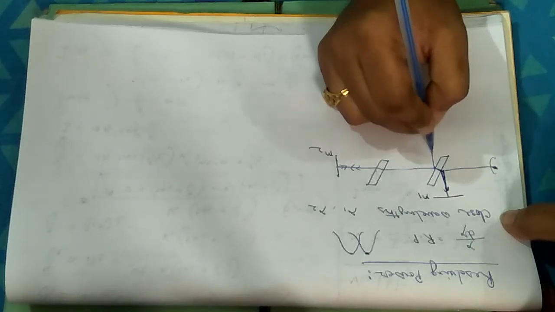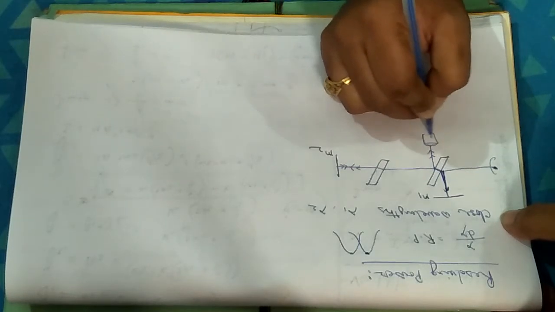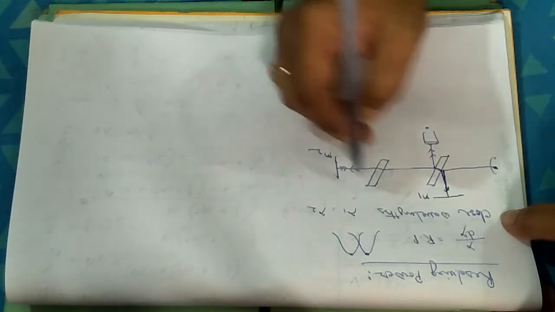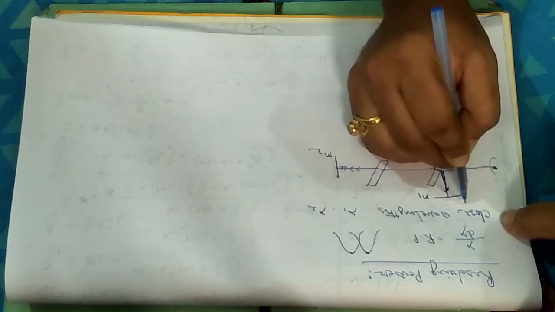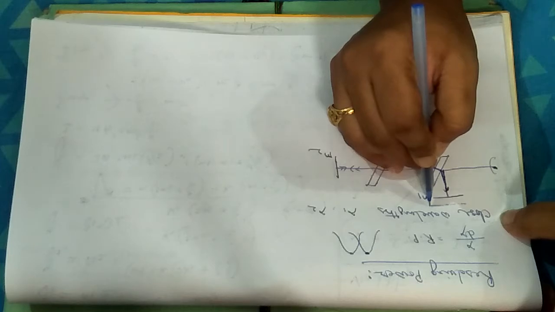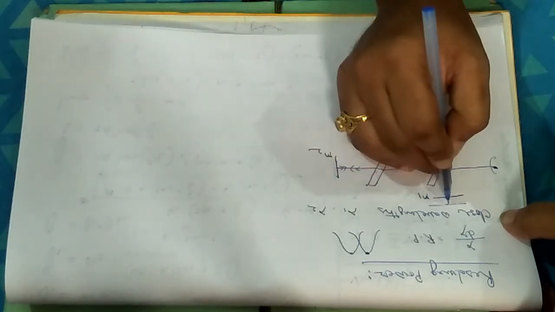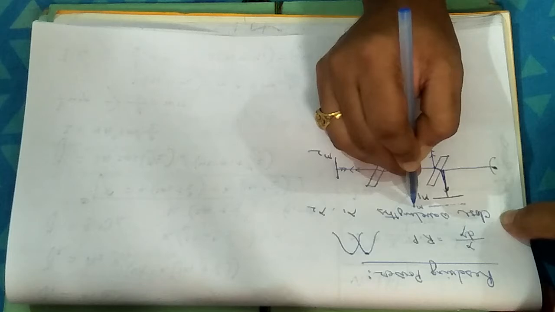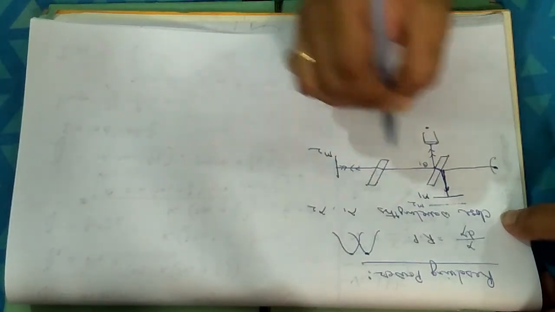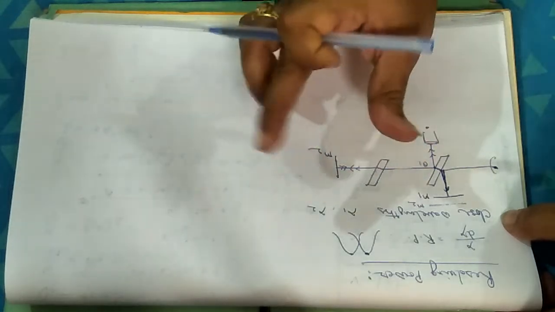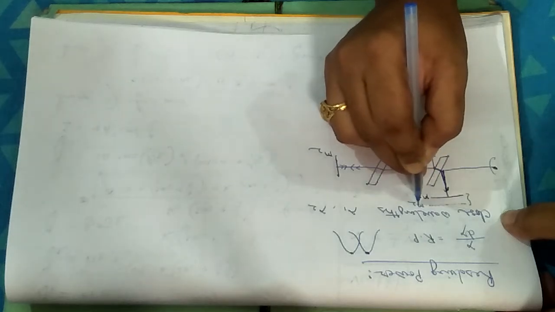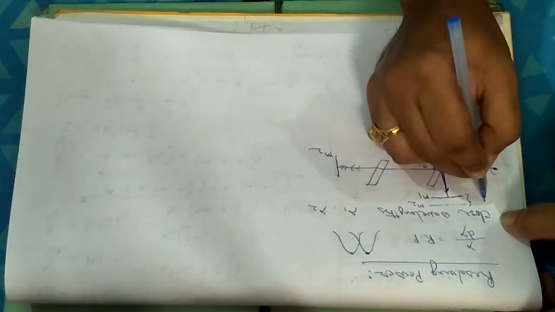So if you are looking from this side, your eye is here, to you the M2 mirror will appear here, as if the M2 mirror is virtually situated here, and this will be its virtual image. This will be M2. If I change the distance between this point Q and M1 and Q and M2, the distance between the real image M1 and the virtual image M2 will change, and we are considering the separation to be x.